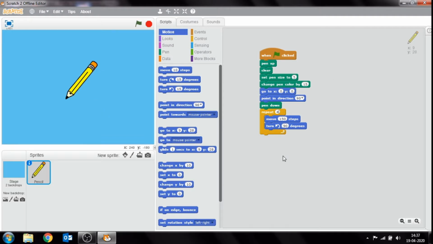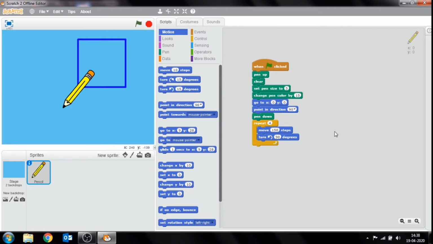After completing the script, go to the flag button and click it to execute the project, and the output is here on the stage.